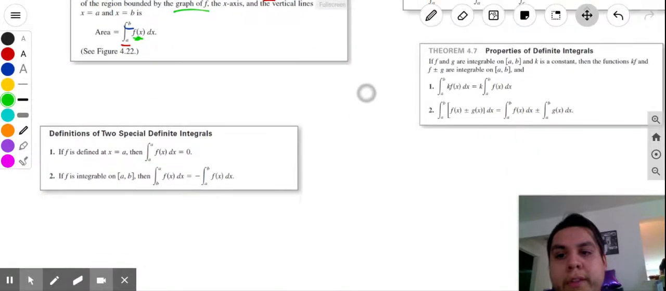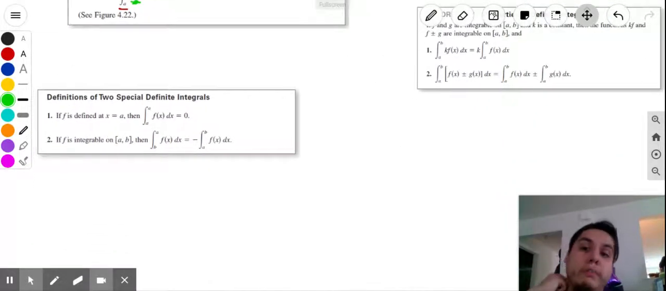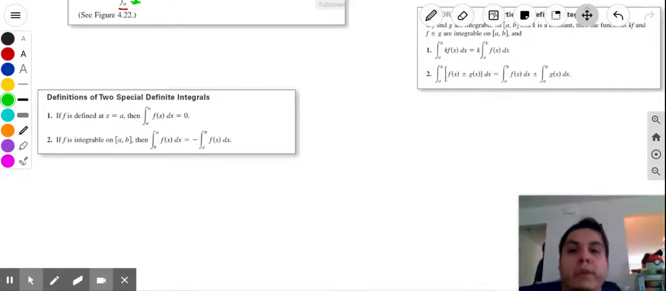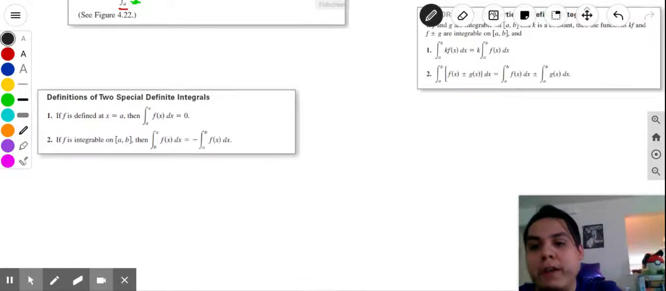Let's talk about the definition of these two special definite integrals. So for the first one, it says if f is defined at x equals a, then the integral from a to a of f of x dx would have to equal 0. So what that means is that if you're trying to find the area of just a point, well, that point doesn't have any area, because if you think about what that graph would look like, you would have,